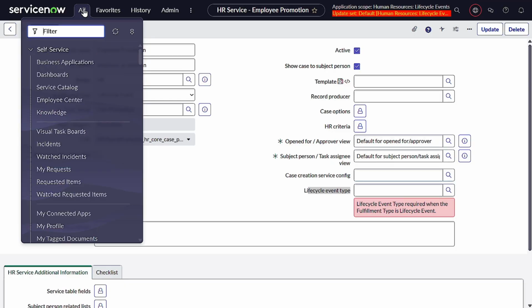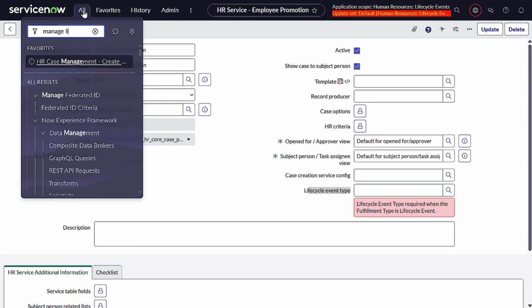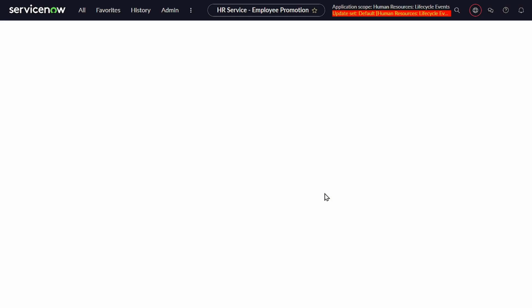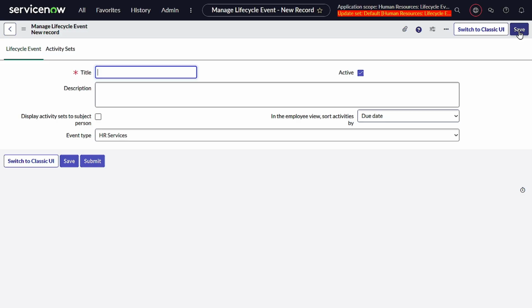So for that, what you have to do, you have to just go to a module called manage lifecycle events. Okay, this particular one. I'll leave this out. We'll come back on this particular thing now. So this is the module, manage lifecycle events. And if you click new, we can create a new event. And we can give the same name, employee promotion. Display activity says